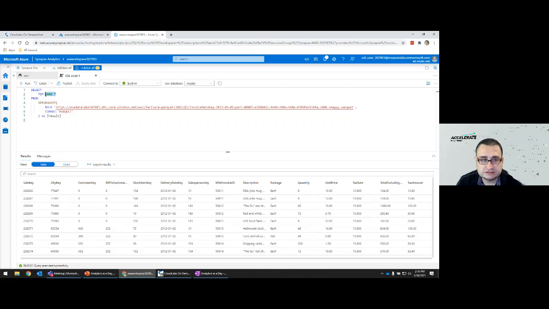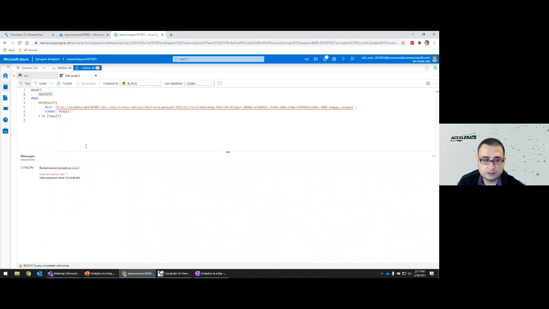We can also change this to, instead of selecting the top rows, see how many rows of data we are dealing with here. So we're going to change that select statement to a count star from that same file, and run this really quick. So why is this not count star?